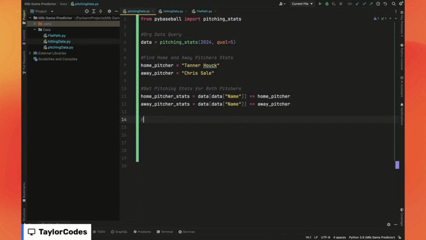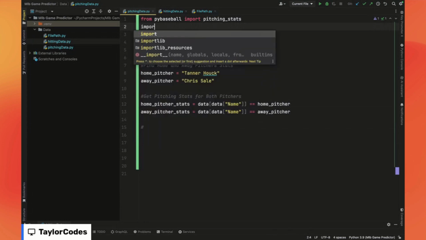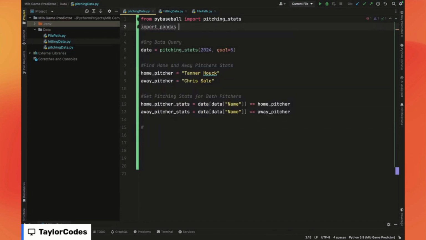So next, since we have our data, we're going to want to combine these two because these are technically separate fields or separate tables, however you want to put it. We're going to want to combine those into one. So to do this, we're going to use a library called pandas. So we'll say import pandas as pd. So we're going to say concatenate or combine home and away stats into